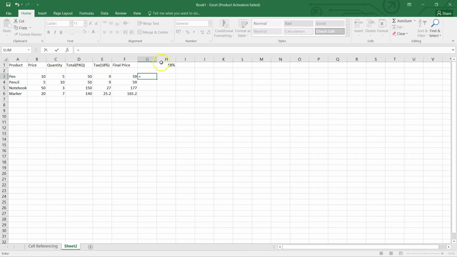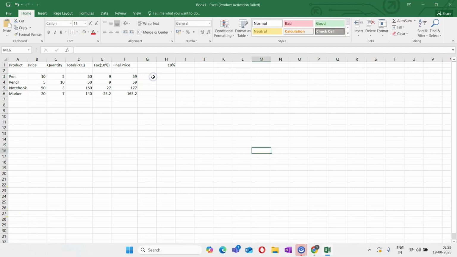So how can I go about it? Let's see. Okay. So let's start. Equals. Now, since it is mixed cell referencing, our table will not give you some logical answers, because in this one, we might not be able to use our mixed cell referencing, but I'm just showing you for an example, how it is working.